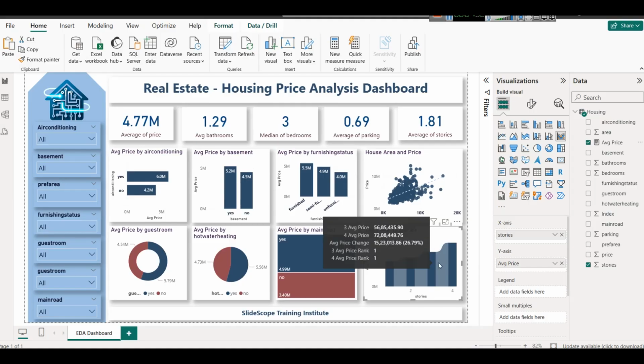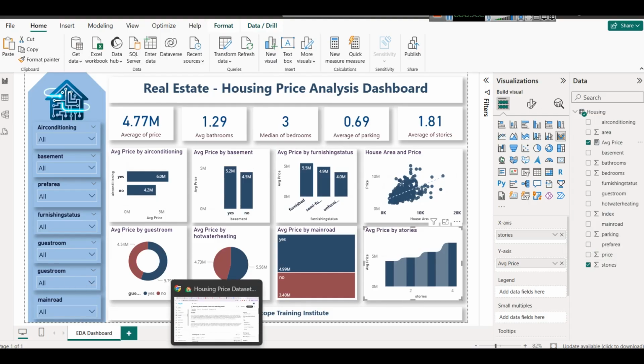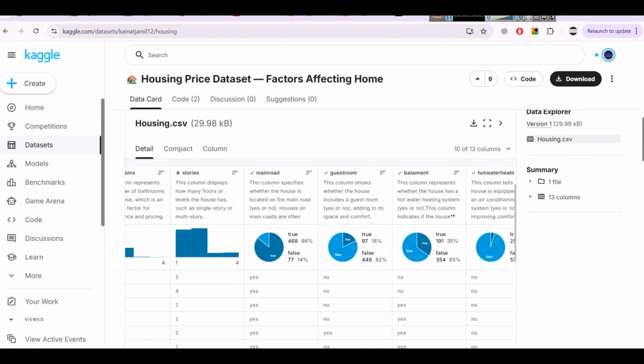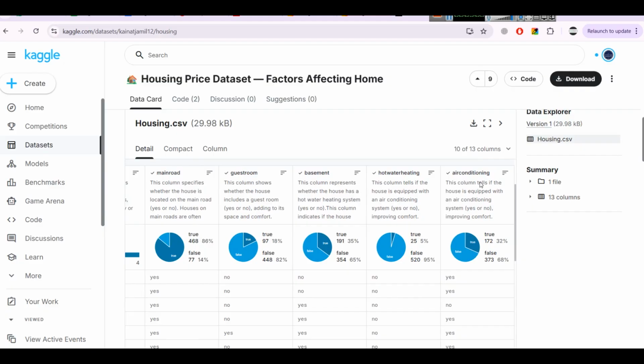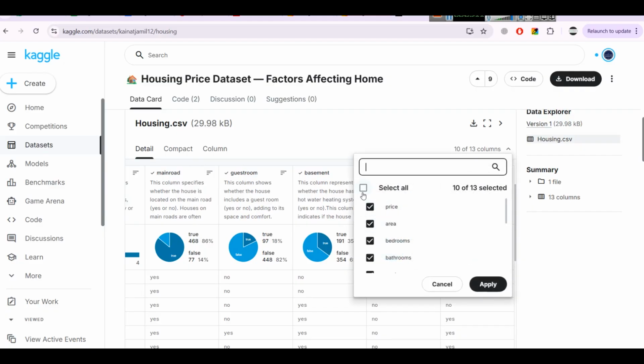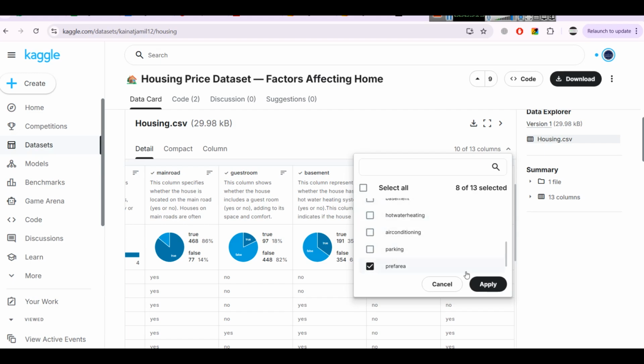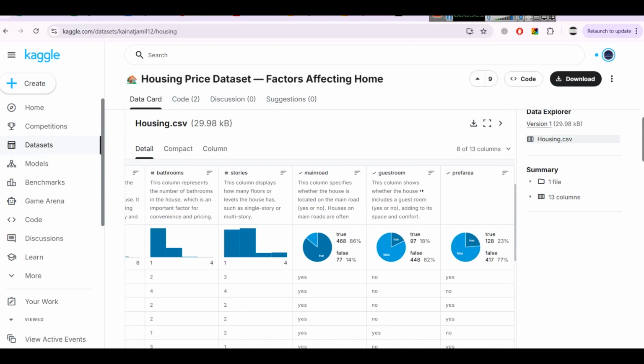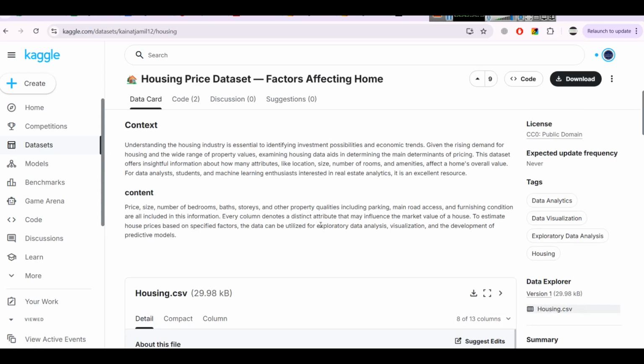Here is an interesting thing. Let's say you want to use something like pref area, which is not used here. And what this means is given here. You can read it. So for example, here you can see all columns are there. So let's select pref area also. I'm not selecting this. Apply, because I also don't know what this is. They have not given this pref area true or false. If anyone of you knows,